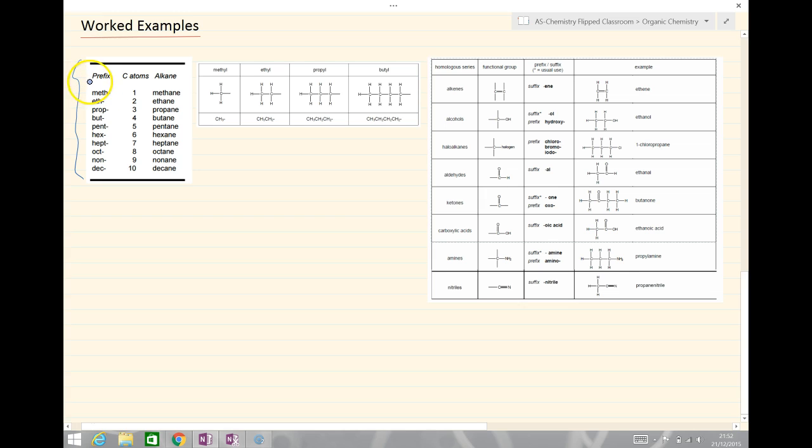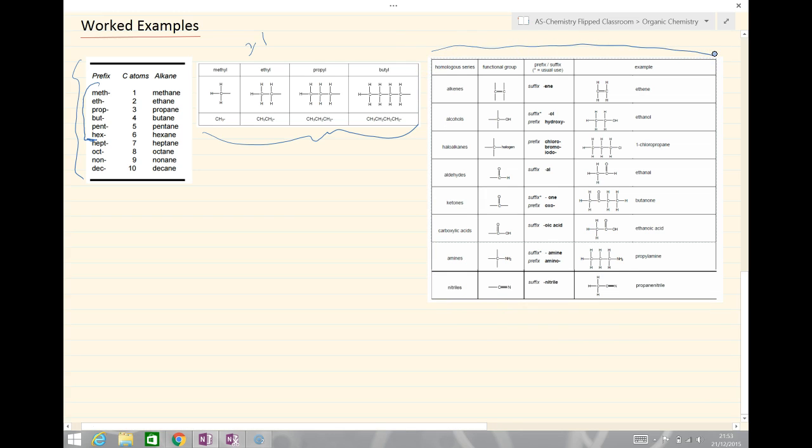Now remember, for the AQA course, they only require us to know up to the first 6, but up to 10 is also shown for completeness here. If we have a side chain of a carbon chain group, then we have the ending "-yl" with the prefix, and they're shown in the second table. And the final table over on the right hand side here